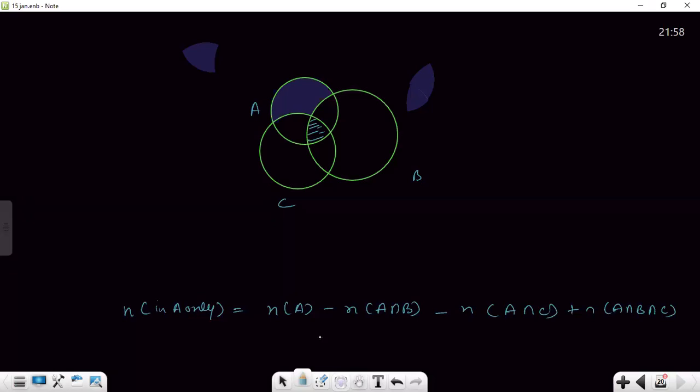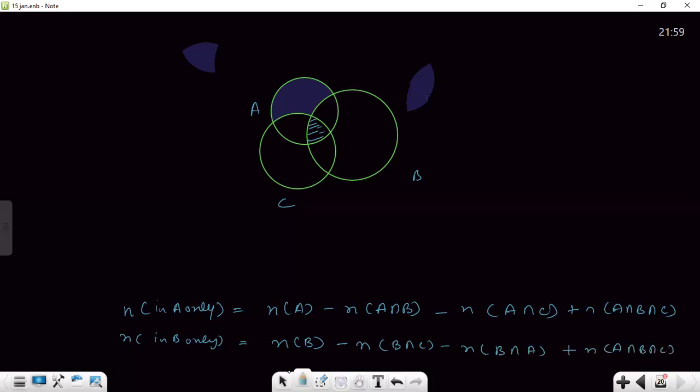No, we are not missing something in this formula. The number of elements in B only will be found by the number of elements in B minus the common elements between B and C, the common elements between B and A, plus